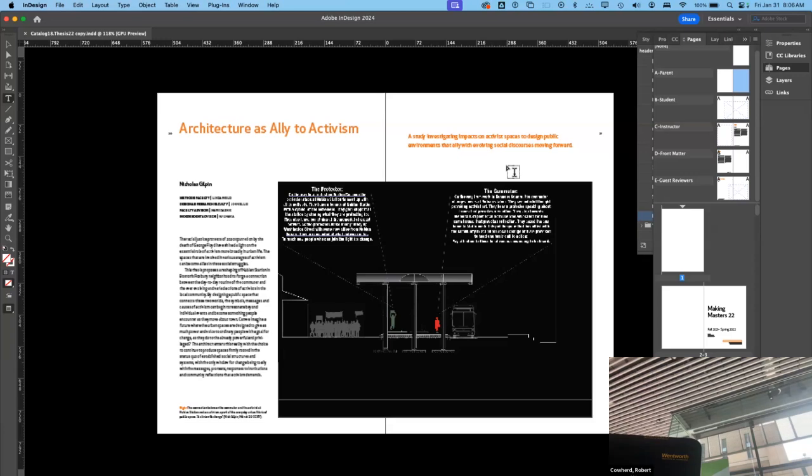Now, one of the things you may not have done in your portfolio is use styles. Who's familiar with styles already? So a few of you. Who is not familiar with styles and would like to be? So styles is actually a really useful tool when you're managing a large document like your thesis book, because sometimes, because we're all designers, sometimes we say, you know what, I think